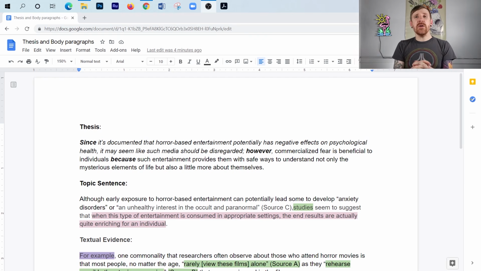Okay, but anyway, so we have our synthesis prompt, and our synthesis prompt says something along the lines of develop a position on how commercializing fear and horror influence how individuals respond to the unknown and the macabre. So that's kind of our prompt here, and like I said, you can find that in the description down below. And then we have our sources, and we've already gone through all of those things, and now we have to